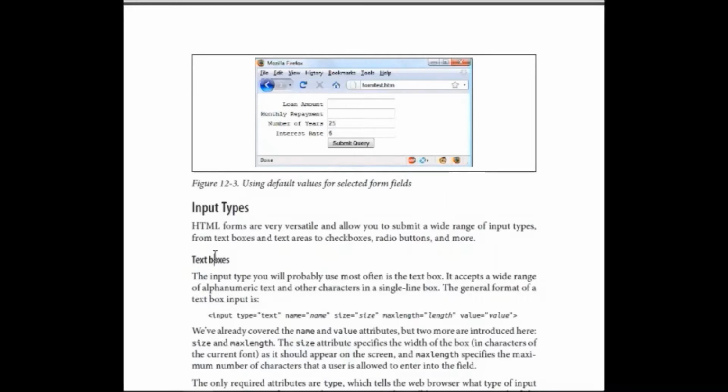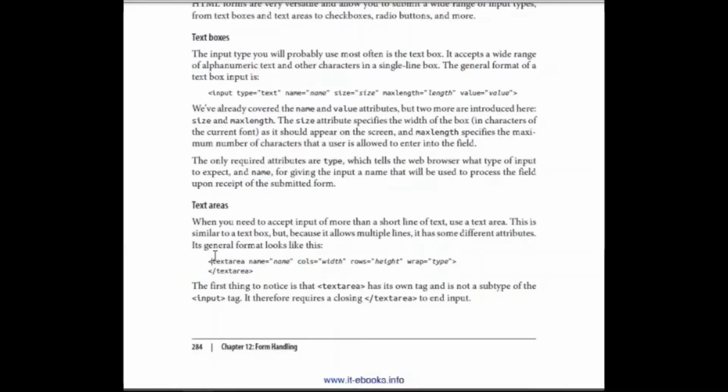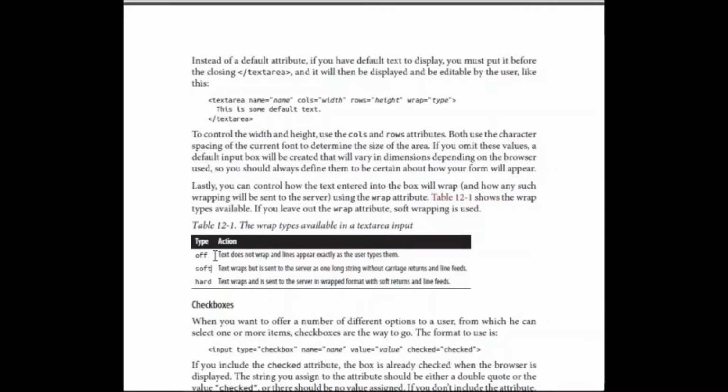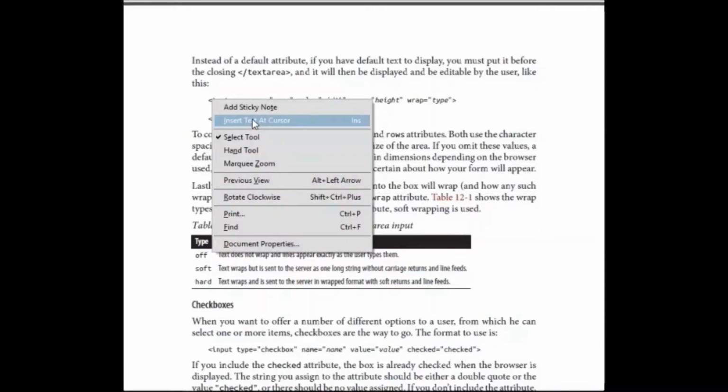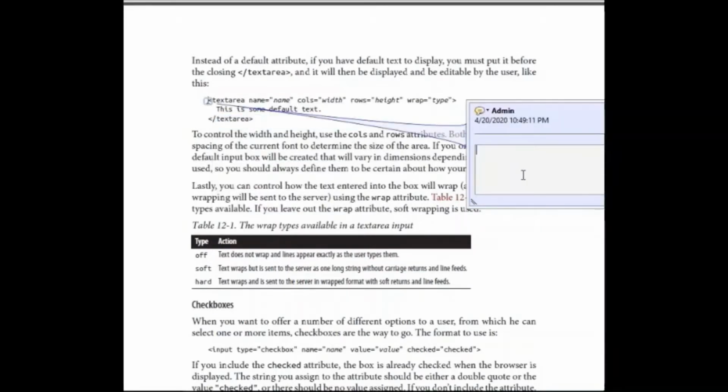As I told you before, in forms we have text boxes, input type is equal to text. This has already been done. This is the same as HTML, so I will not repeat that. But how do we access these values? Simple. If you want to access the value of this text area, you will simply write $_POST in brackets. What is the name? Name is name. With the help of this, you will access the value, and you can put it in another variable, names.